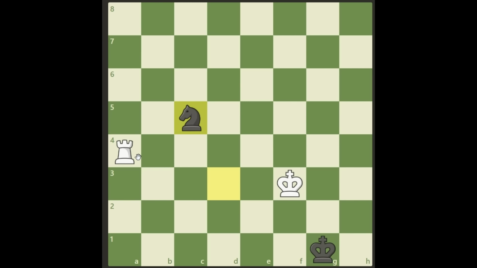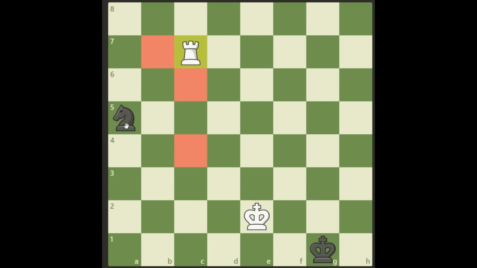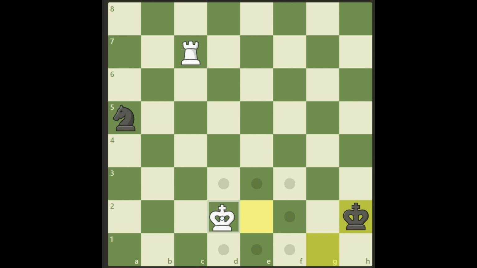Okay, after knight c5, rook c4, black plays knight b3. We go with the king to stop this knight from coming somewhere on the d file or in the fifth rank. So we're just trying to block him. He will play a5, trying to go away on the fifth rank, but rook plays c7, stopping the knight from everywhere practically. Black will just move his king, and we start chasing it with our king,